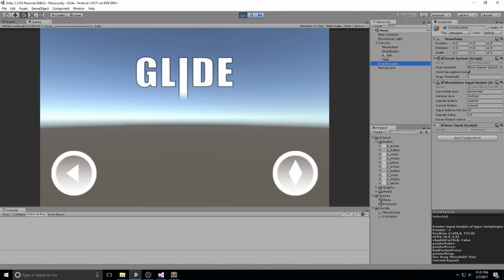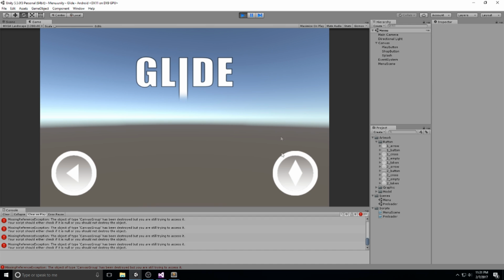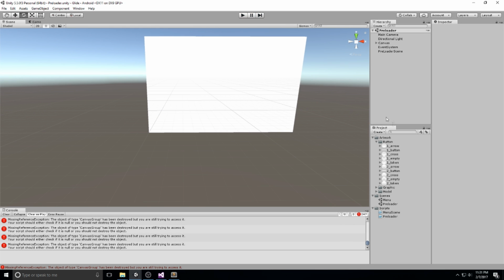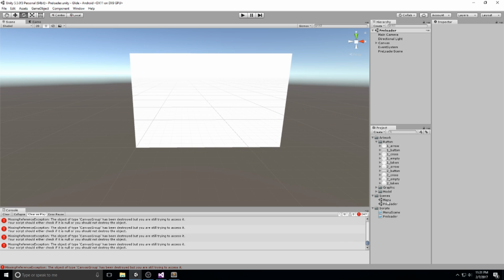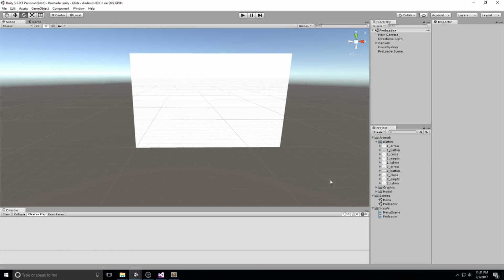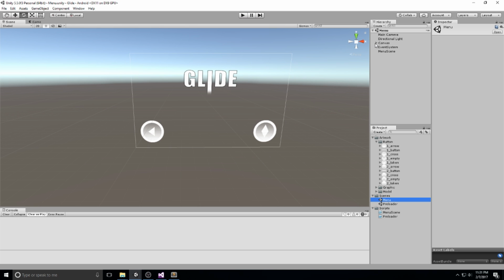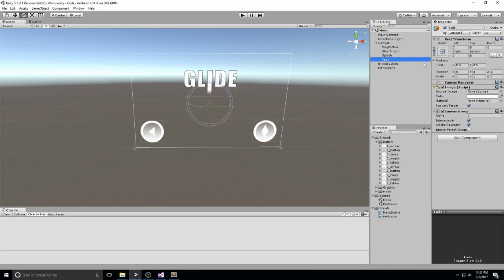If you go under canvas right here and you actually just delete the fade, as you can tell, we now get the highlight. So what happens right here is that the fade is pretty much just blocking all inputs, which is quite normal because it is in front of everything. But let's actually fix the input problem by opening up the menu scene. Under canvas, choose the fade, and under canvas group, you're going to disable interactable and also block raycast. Just to make sure that this does not happen again, make sure you save everything